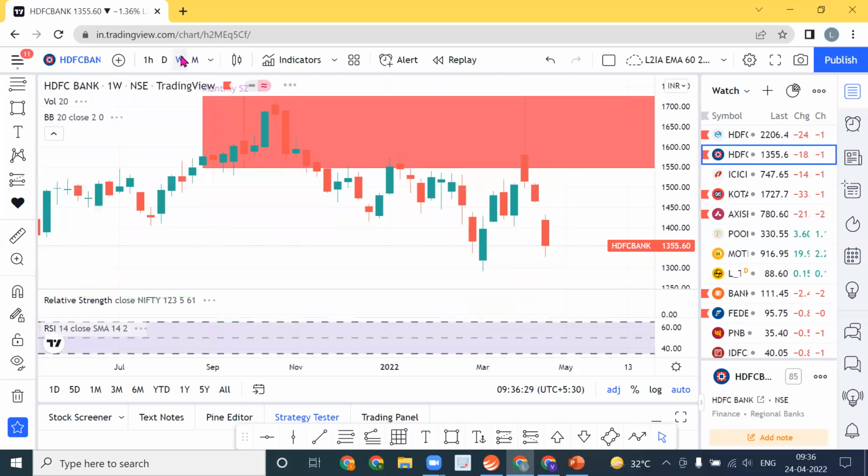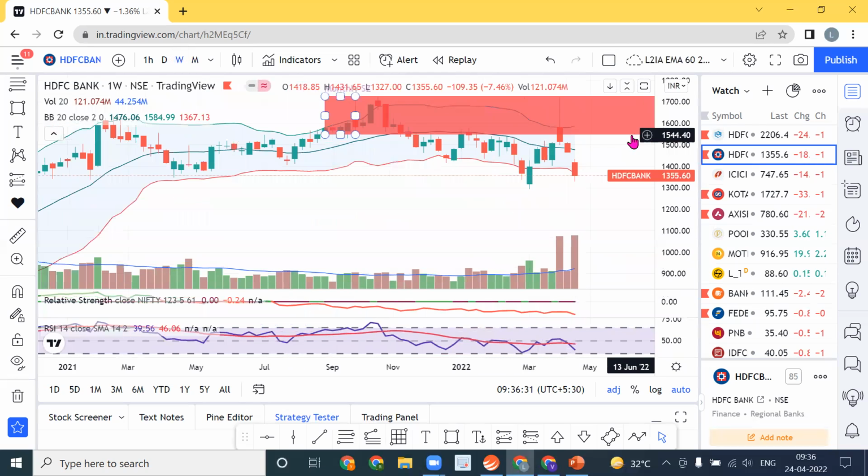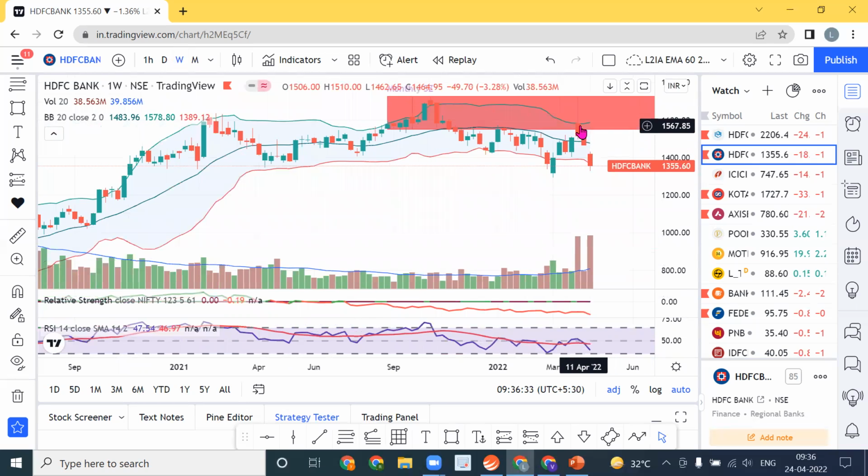What about the weekly? On the weekly, you see it has come down from the mean position. RS is telling me I am very weak. Relative strength is telling me I am very weak. RSI is telling me I am below 50. The middle line is 50, the lower line is 35, and the upper is 65. So what I am seeing, all three are telling me I have become weak, take me out